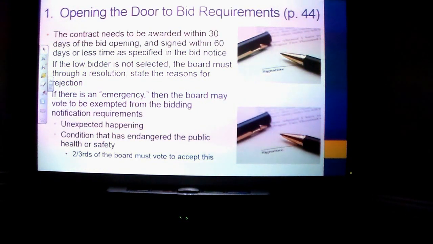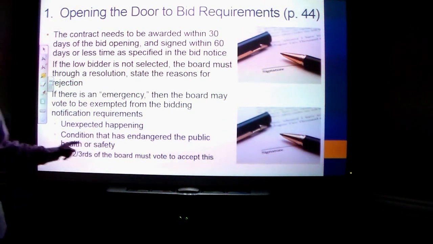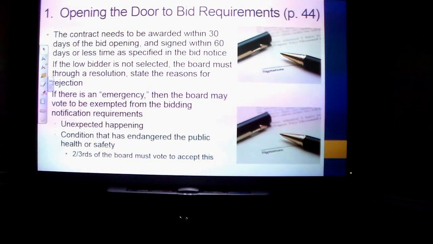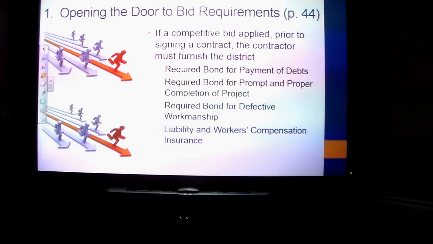If there's an emergency, the board can vote to be exempted from notification. If something damages public health or safety, or something was unexpected, like a natural disaster, two-thirds of the school board has to vote to accept this. So, if a competitive bid applied, prior to signing the contract, the contractor must show that they have a bond